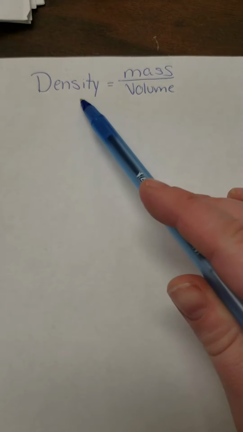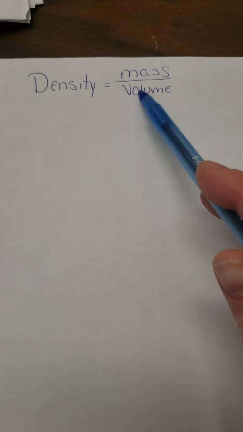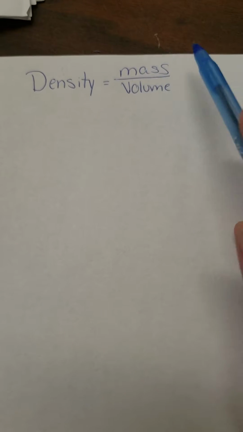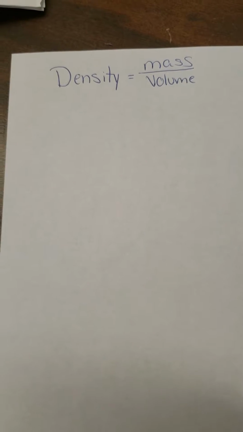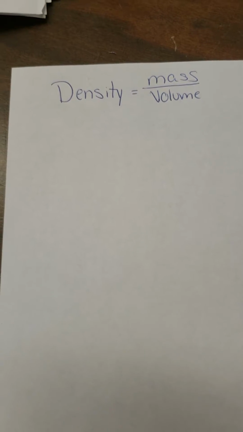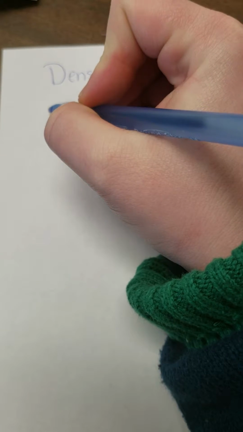Okay, so on a test or a quiz, or in real life when you're trying to find the density of something in the lab, say, it could happen that you have the density and the mass of an object and you need to find the volume. So we have to be able to rearrange this formula in order to solve for volume. So I'm going to give you some practice numbers here that just make our life a little easier. So if, let's say, you are given that the density